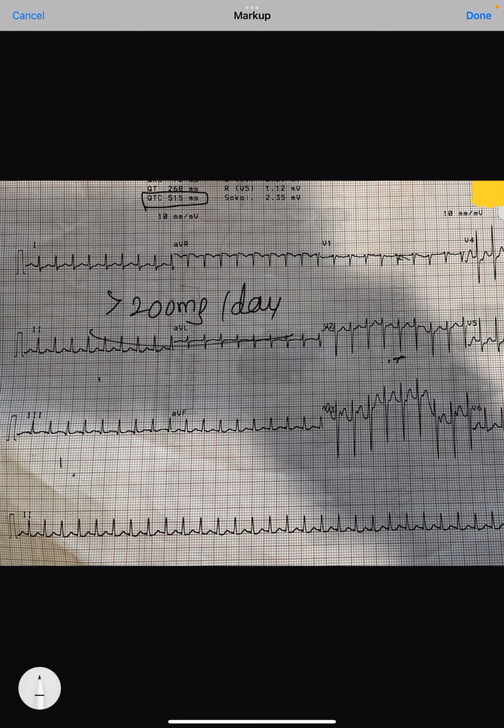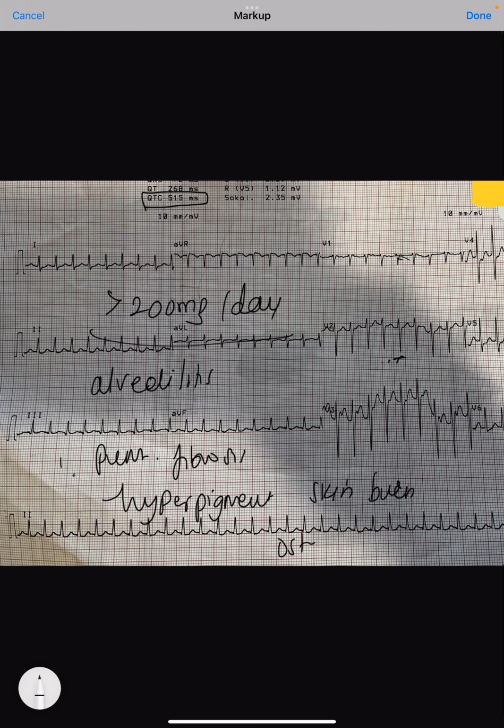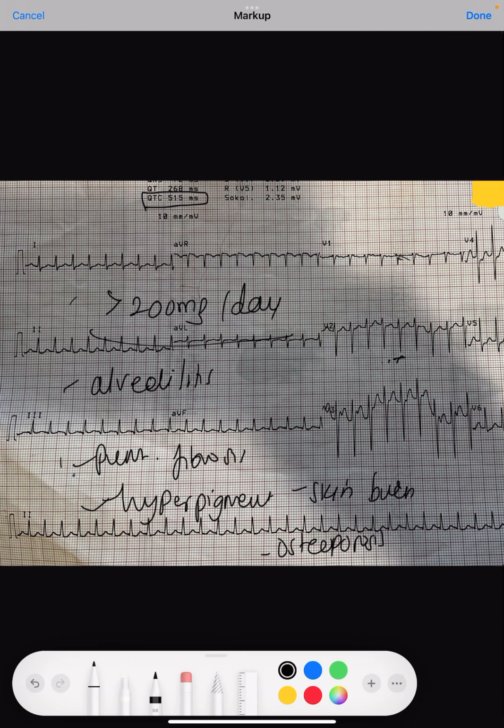alveolitis, pulmonary fibrosis, hyperpigmentation of face, skin burns, osteoporosis, and hypotension. These are very common problems which are associated with cordarone, but usually the efficacy of cordarone is excellent,